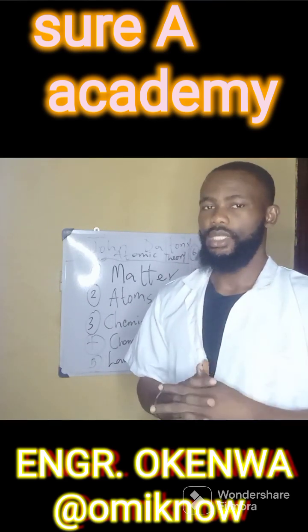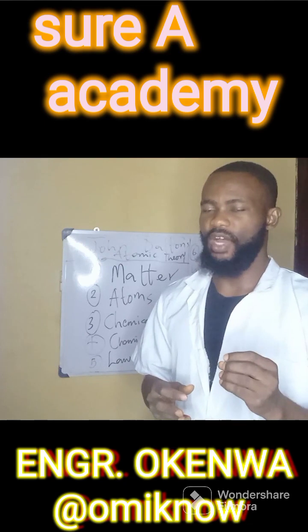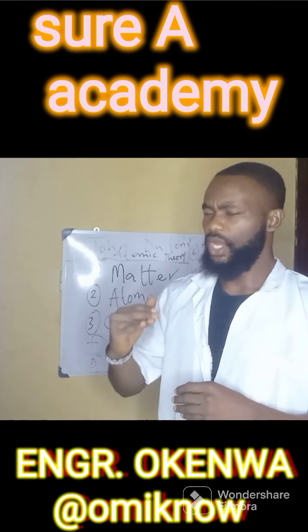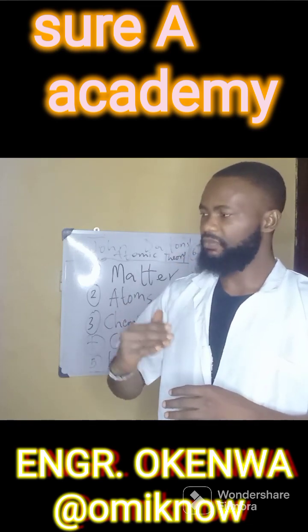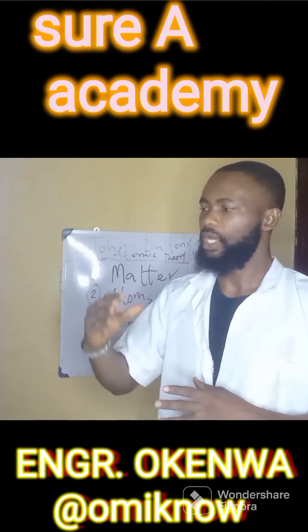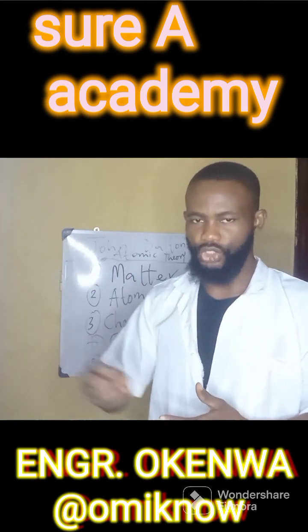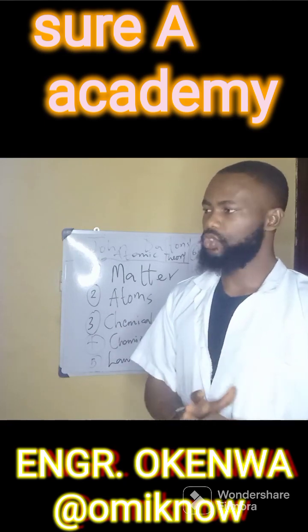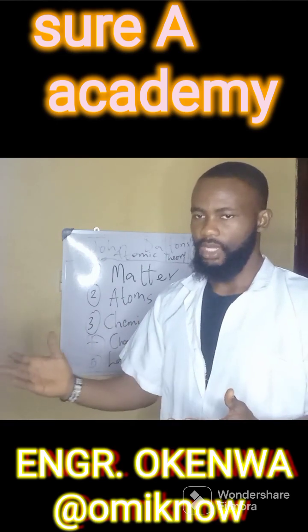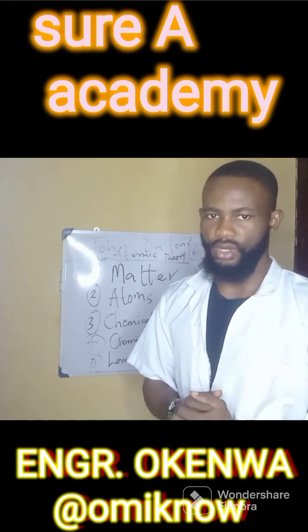But know it that during those times, John Dalton and the rest had not discovered protons, the subatomic particles. They had this belief that when something is nitrogen, everything that is nitrogen should act like nitrogen, should look like nitrogen, should be identical, so that anytime you place your hand on it, you can say that this is nitrogen or this is oxygen. So atoms of the same elements are identical, while atoms of different elements are not identical. That means you cannot say that nitrogen is carbon, because nitrogen is not carbon.